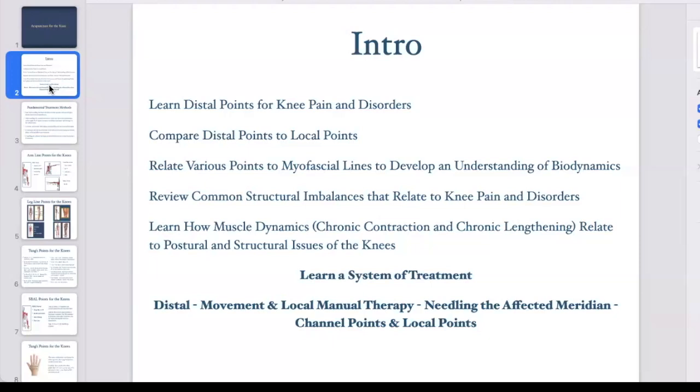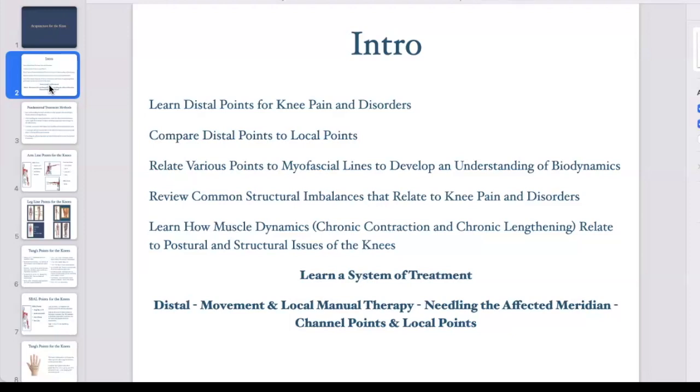And then the other thing that we will be discussing in part of this system are the channel points. So when you needle the affected meridian or channel, we can needle channel points that are distant from the affected area, or we can needle locally directly into the affected area. Okay, so I want to distinguish between those because there's a lot of advantages to needling not directly into the